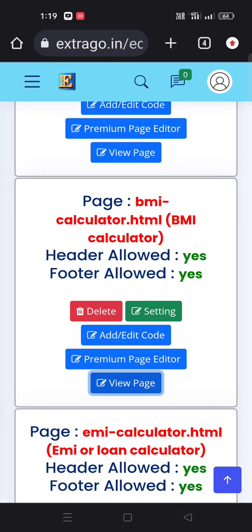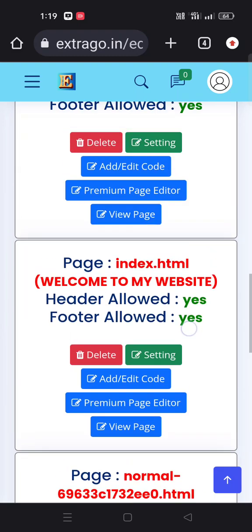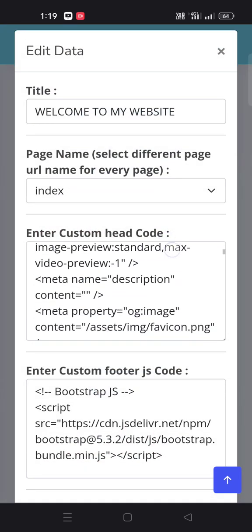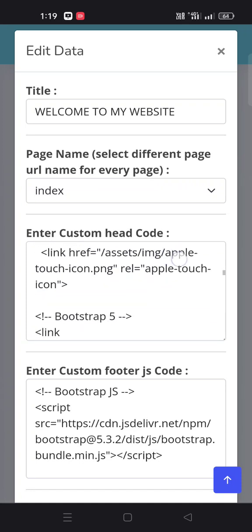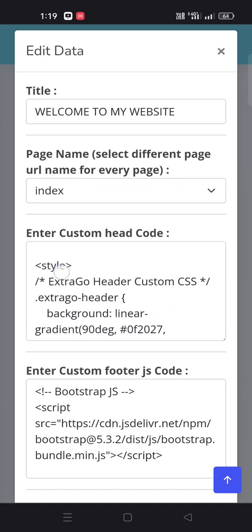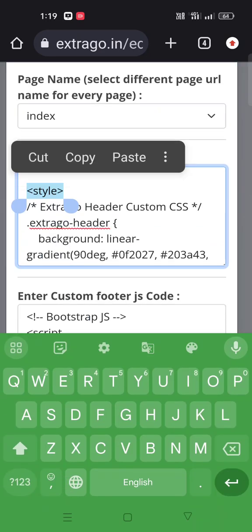Let's fix the error of the header. Go back. Now we need to go to index. Go to settings, copy the Extrago header section code, the style sheet. Yes, we need to write this style sheet.